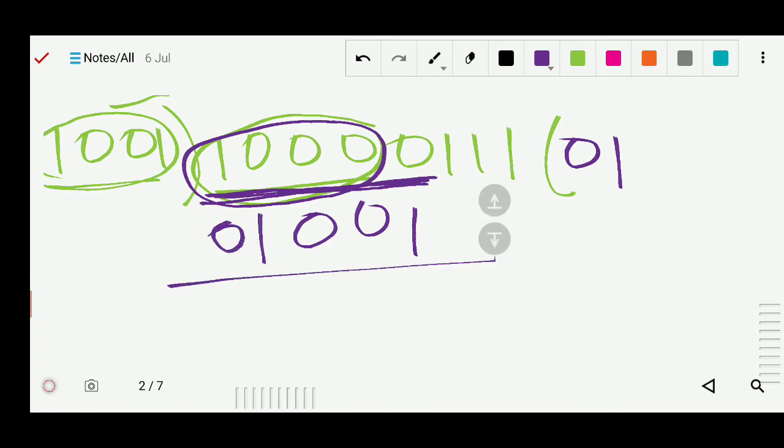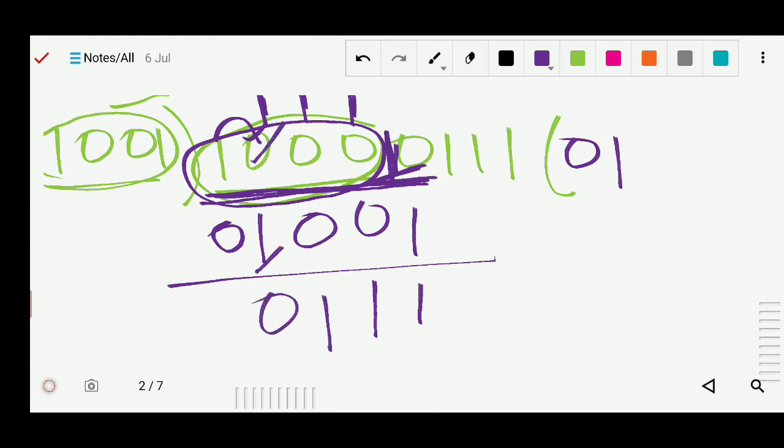You can subtract 0 minus 1, the same method as we used in subtraction. We will take the borrow like that. From here we take the borrow, it becomes 10. 10 means 2, so 1 is left; again here is 2, again 1 is left; here is 2, again 1 is left. So finally here is 10. So 10 minus 1 will be 1. Now 1 minus 0 is 1, 1 minus 0 is 1, and 1 minus 1 is 0, and this 0 is also there. Now this 1 will come down.